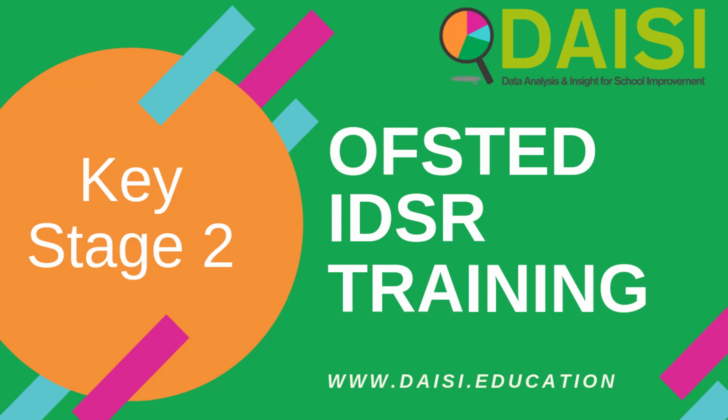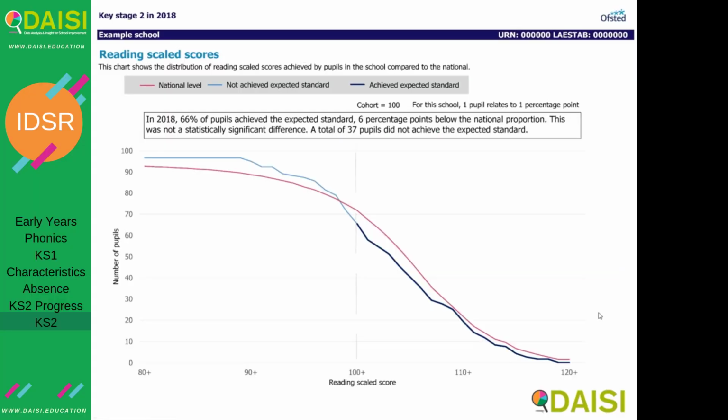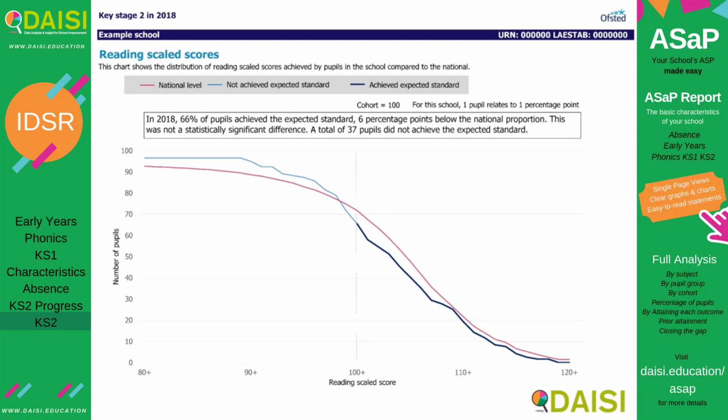Let's have a look at the other pages now at Key Stage 2. So attainment: Ofsted has gone away from the standard bars showing the percentage of passers or not passers and has given us something similar to what we've got in phonics. So we have your scaled scores starting at 80. So any pupils that weren't entered into the test or didn't get a minimum raw score of 3 are not